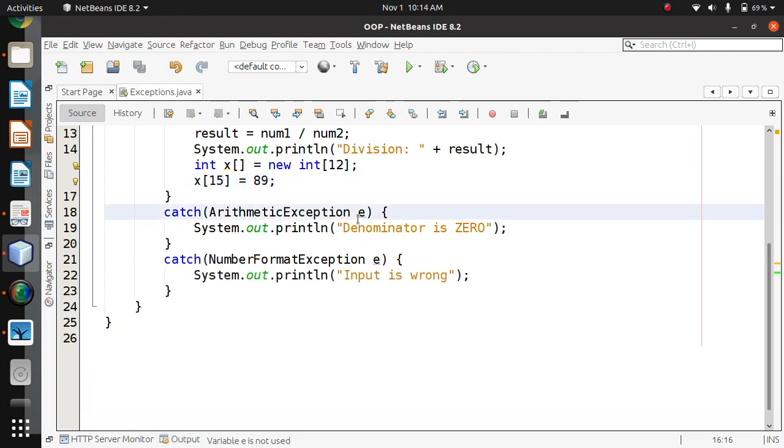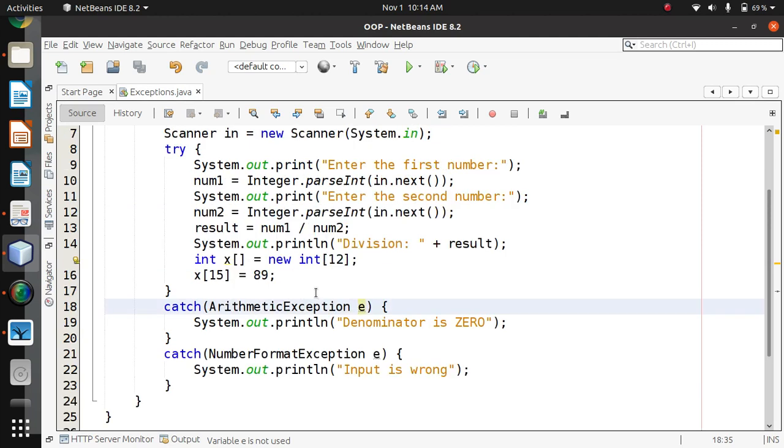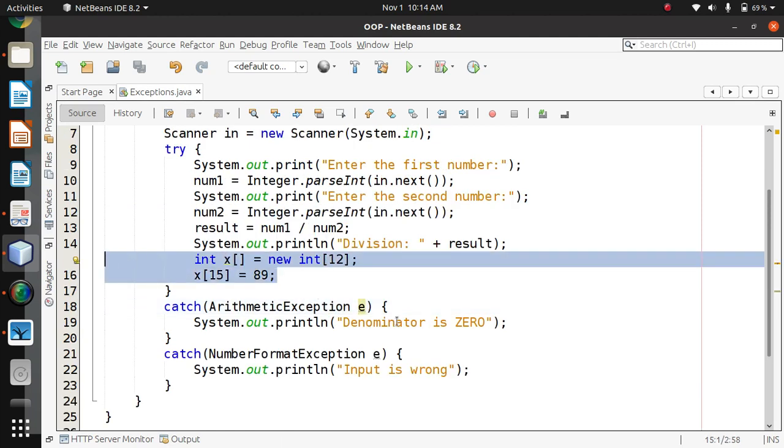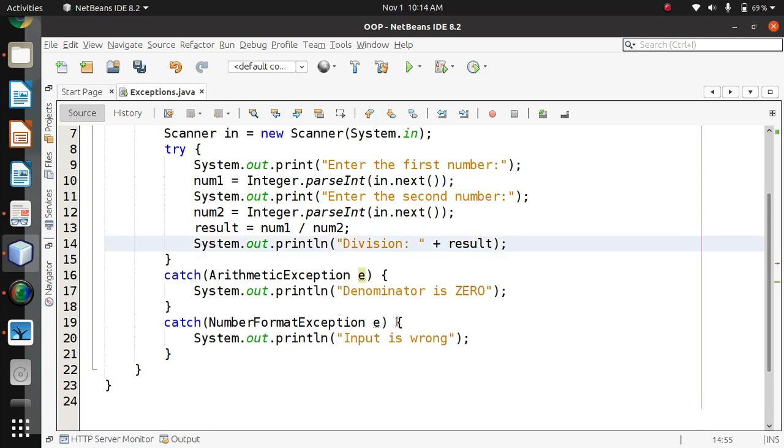When you are accessing something which is not within the range of lower and upper bounds of the array, we will get this exception. So this exception may occur, and we need to handle it in the same way, as written over here: catch ArrayIndexOutOfBoundsException e.